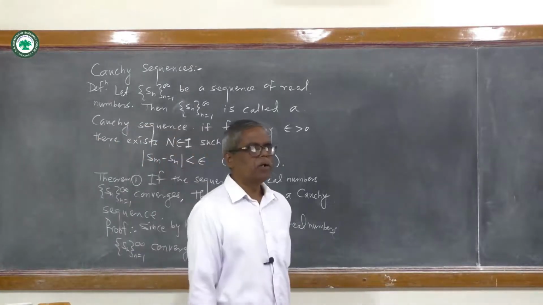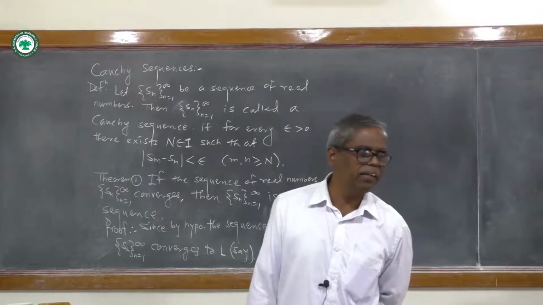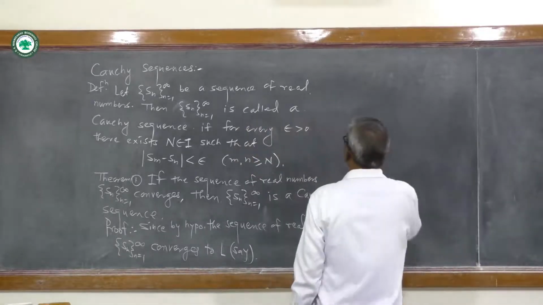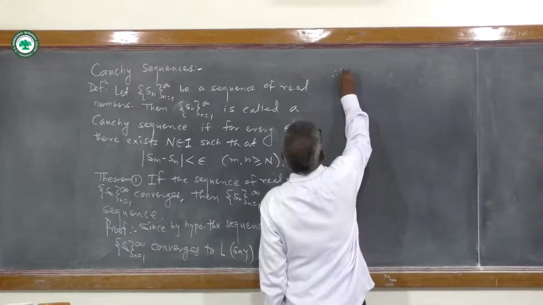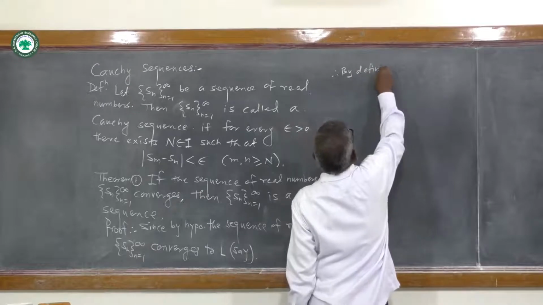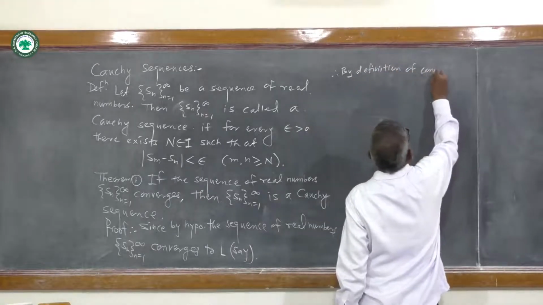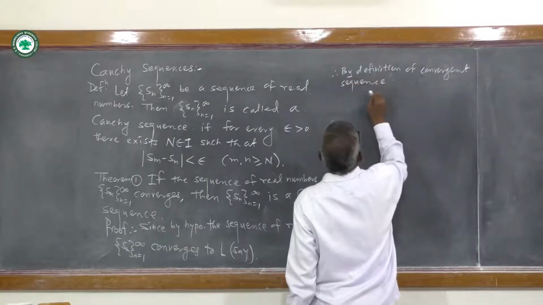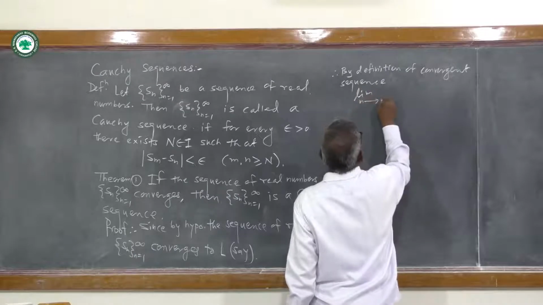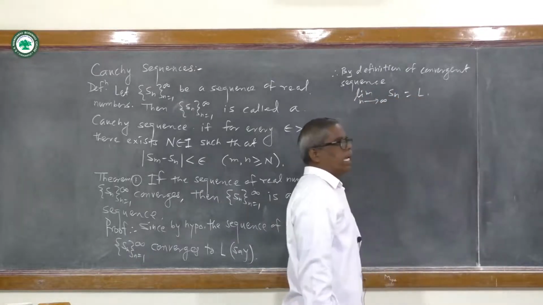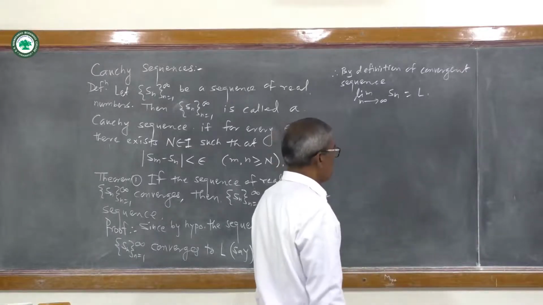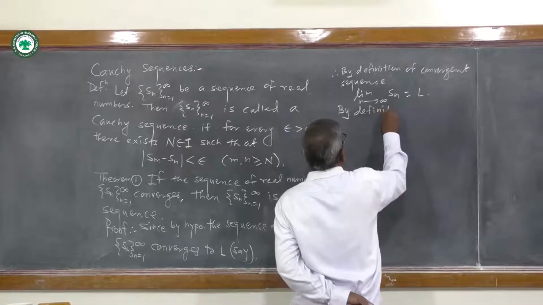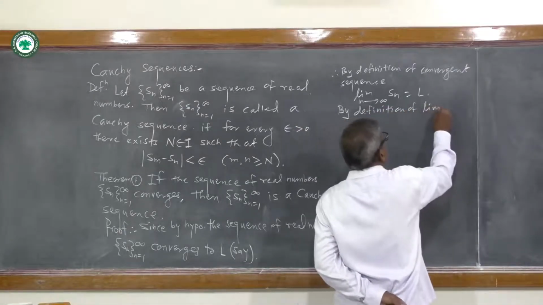Therefore, by definition of convergent sequence, limit n tends to infinity of S_n is equal to L. L is the limit of this sequence S_n. By definition of limit of sequence,